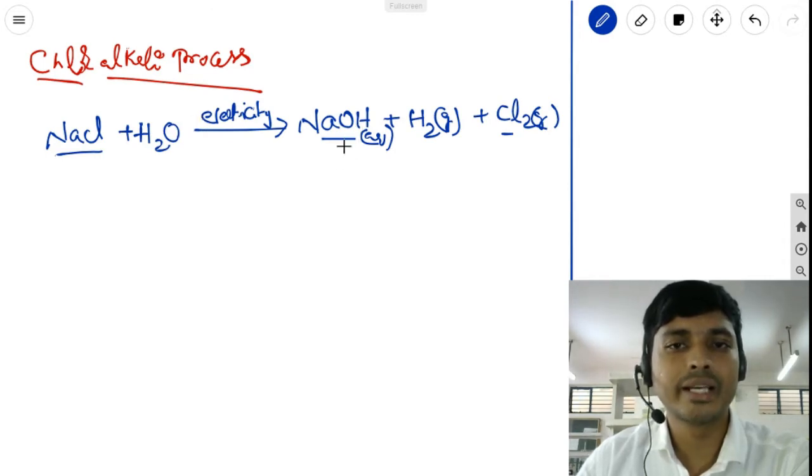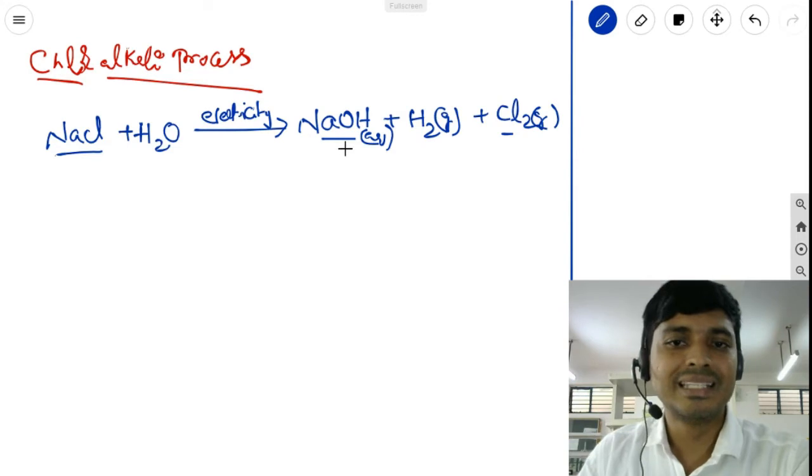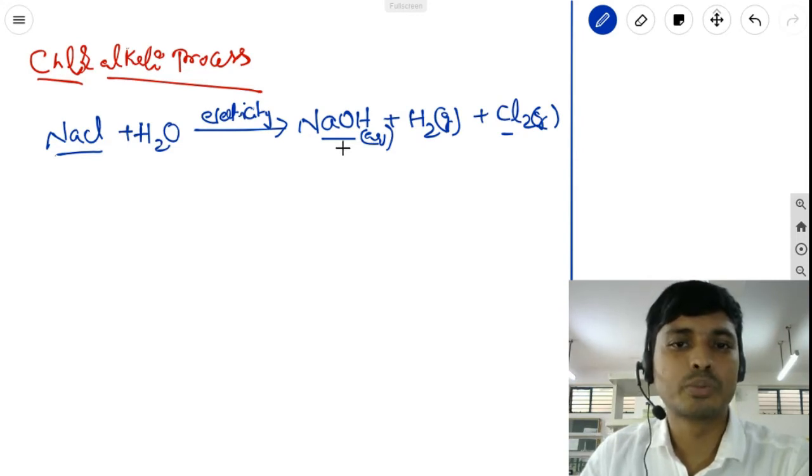Sodium hydroxide is used for cleansing agents and in the preparation of soaps. This is the main ingredient in the preparation of soaps. In the manufacturing of pesticides and medicines, sodium hydroxide is used. Hydrogen gas, why does it have industrial value? Because it is used as a fuel in rockets, and also in reduction reactions, and not only in reduction reactions, but in manufacturing of pesticides and medicines.